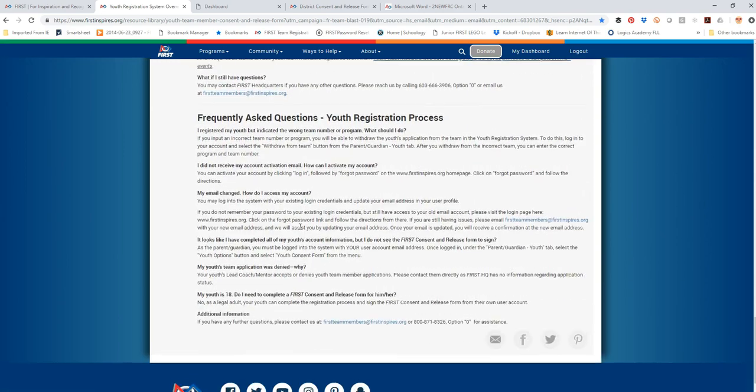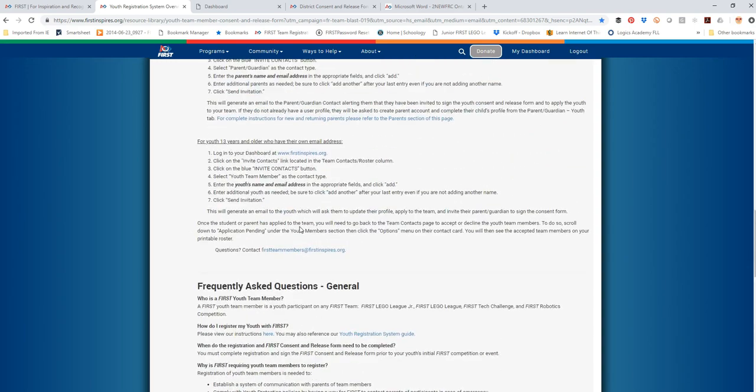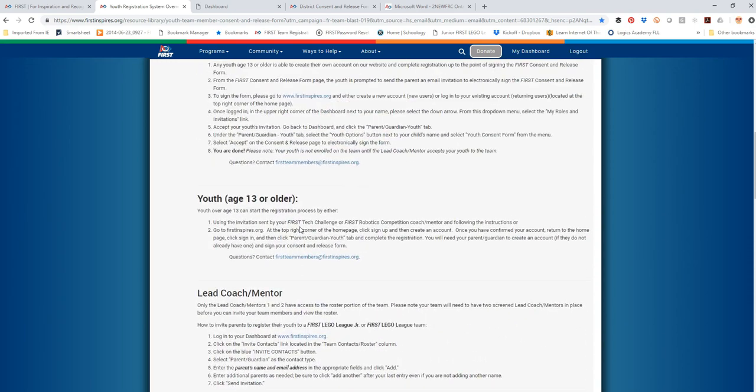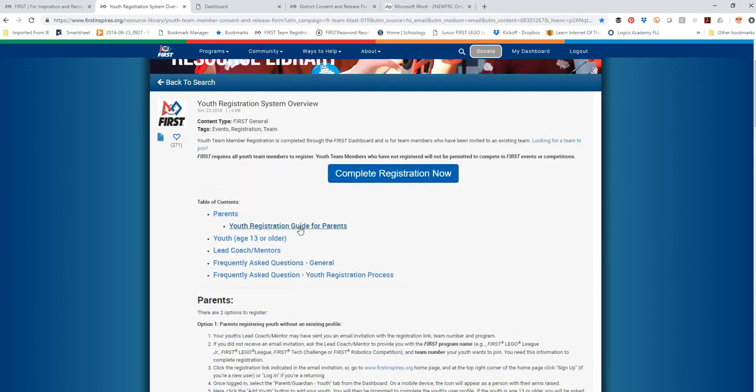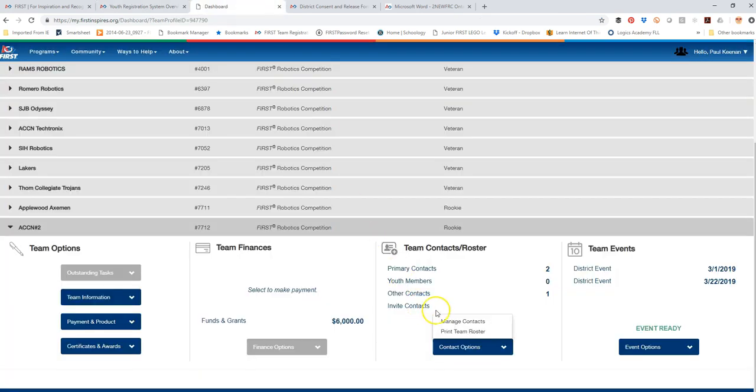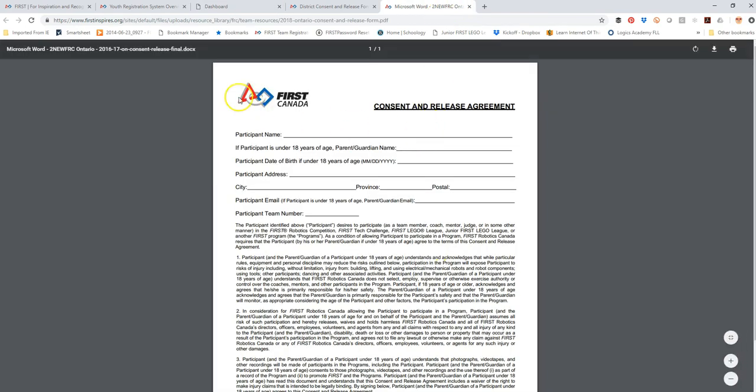So this is something that you definitely want to look at. If there's a situation, and for sure there are some situations in this regard, where it's not going to be possible to do the electronic one like we're going to do here today, there is a form that you can get the students and their parents to fill out. It looks like this. This is the location for it,